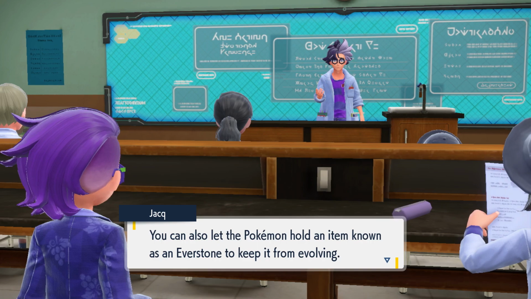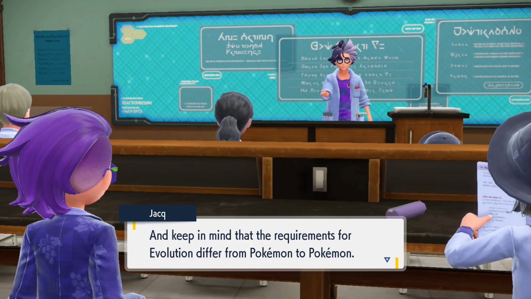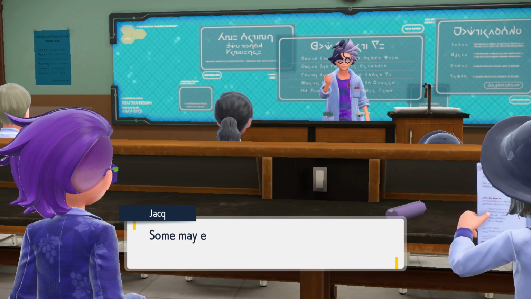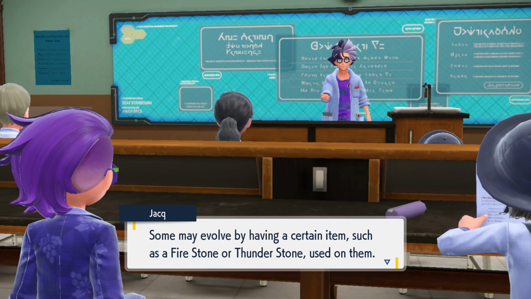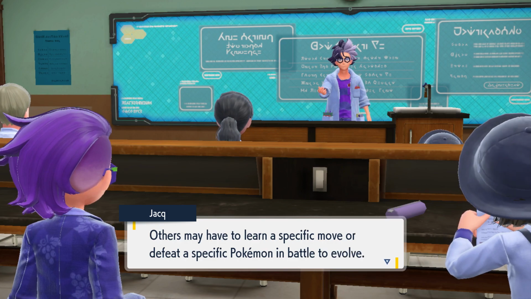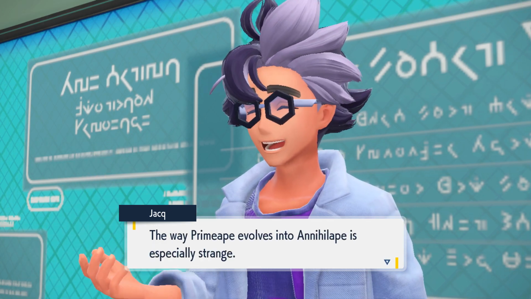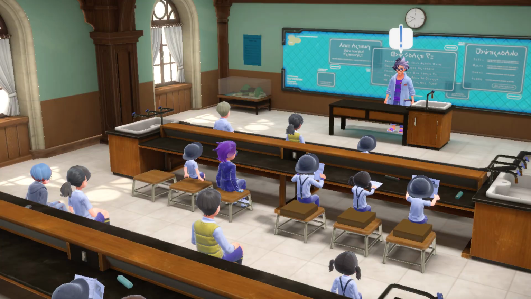You can also let the Pokemon hold an item known as an Everstone to keep it from evolving. And keep it in mind that the requirements for evolution differ from Pokemon to Pokemon, as some may evolve by having a certain item, such as a Firestone or Thunderstone used on them. Others may have a specific move or defeat a specific Pokemon in battle to evolve. The way Primate evolves into Annihilate is especially strange. You see, there's a certain move that...